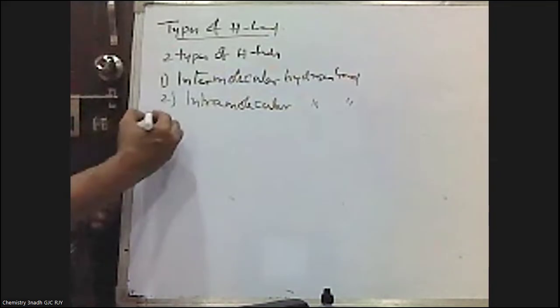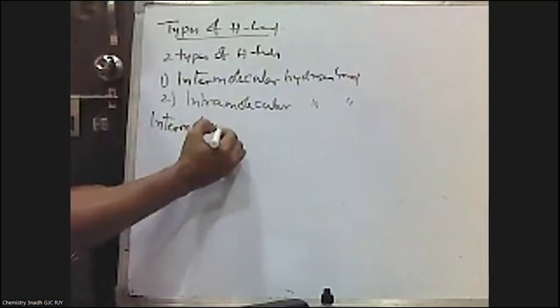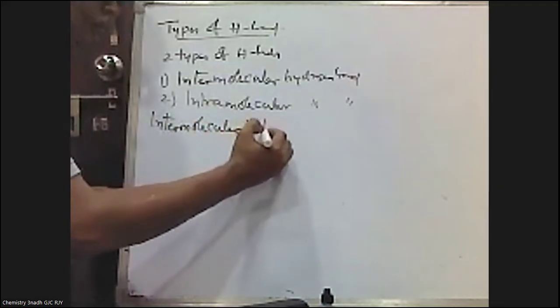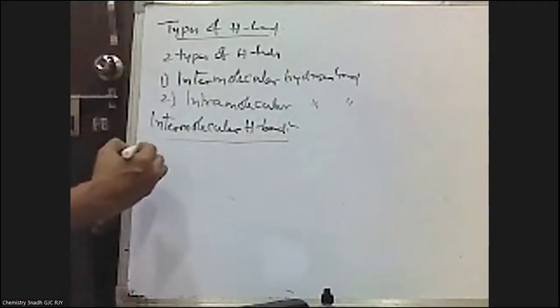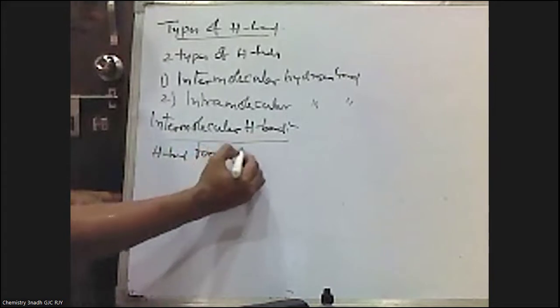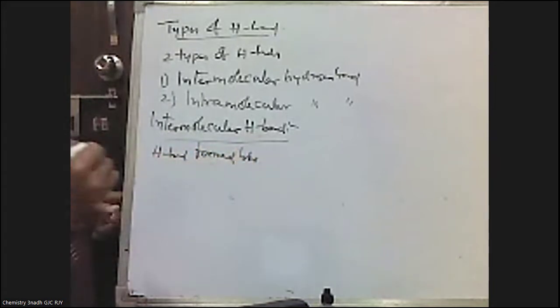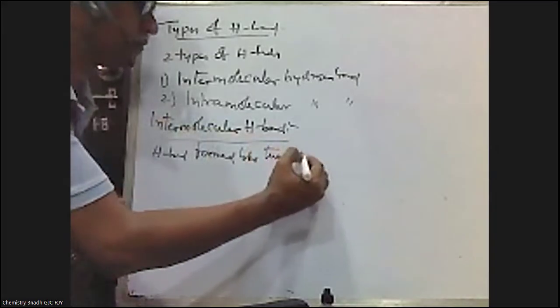What is intermolecular hydrogen bond? Intermolecular hydrogen bond means hydrogen bond formed between two molecules